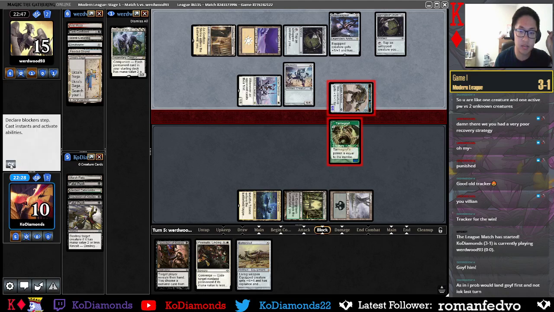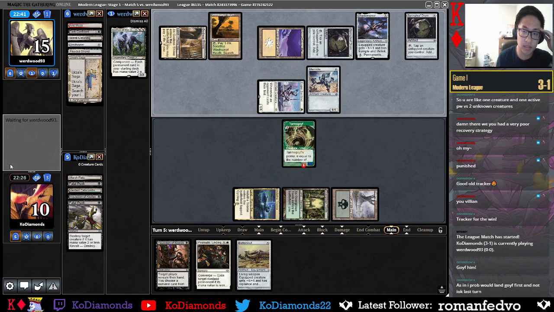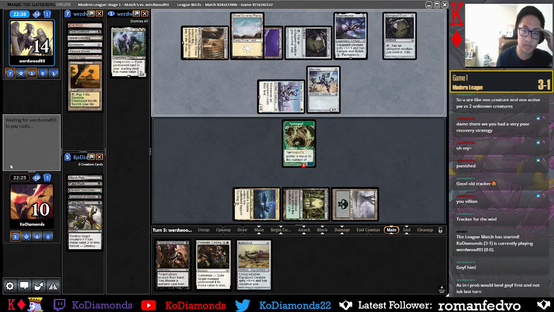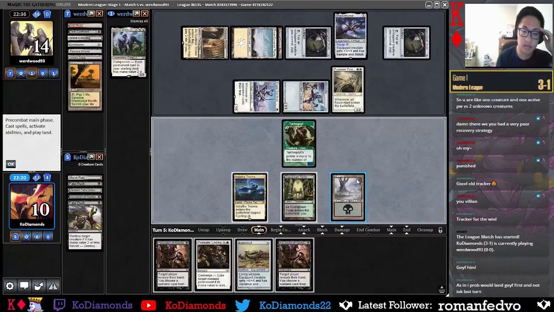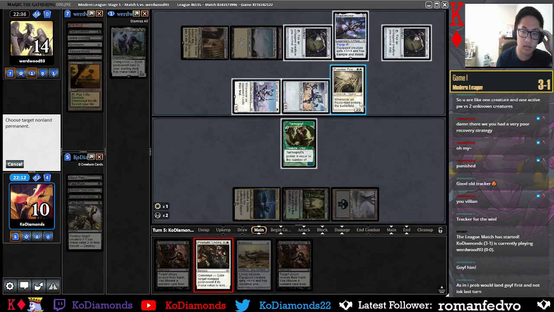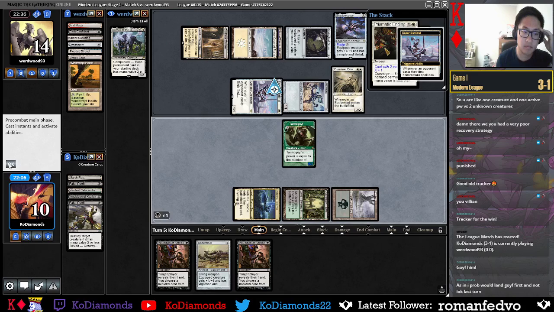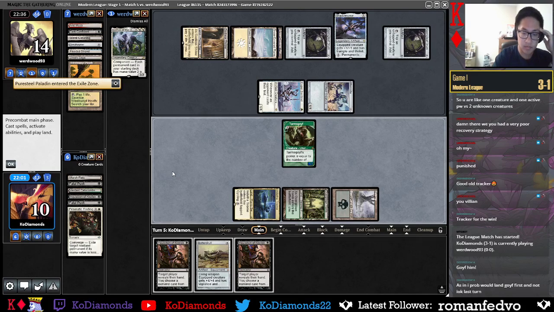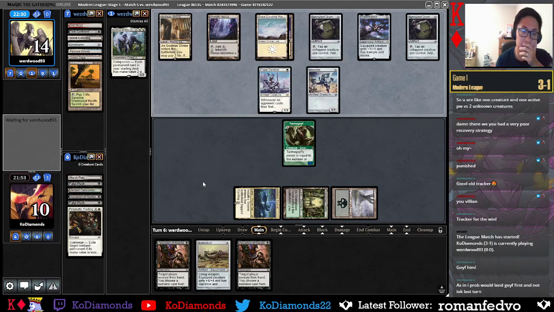Tarmogoyf is beefy. Hopefully draw like a Stoneforge Mystic or something. Play a land. Oh god, stop drawing good things. So we have to Prismatic Ending that now. Do we race? I don't think we can race because they have the Shadow Spear. Oh no. I guess we could have raced, but...